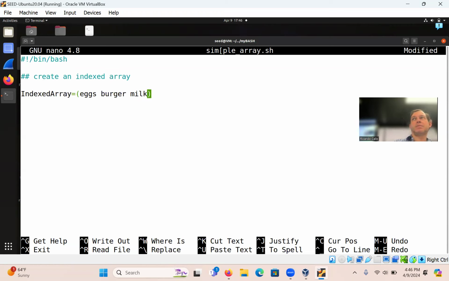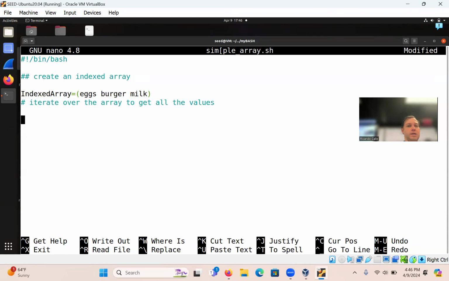This is what I was saying, like in Python, we can have a list of items. So now let's see what we can do. Let's iterate over the array to get all the values.